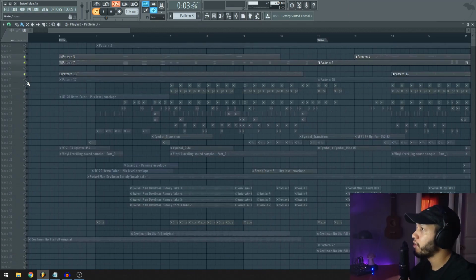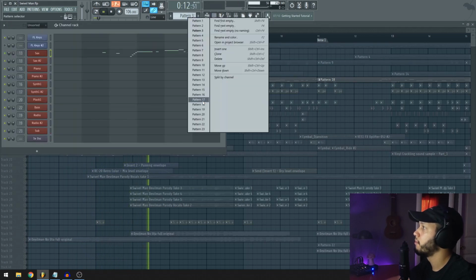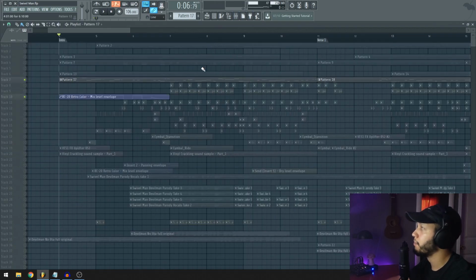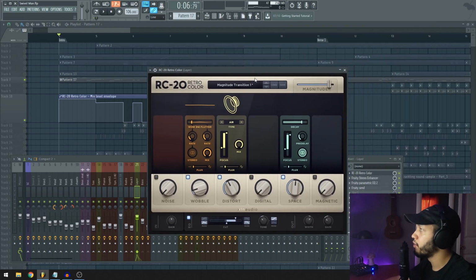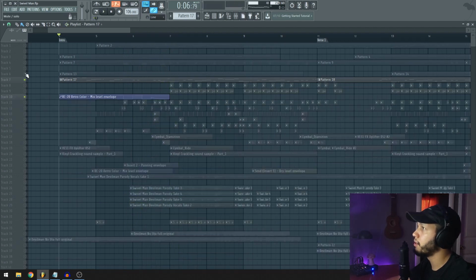And then also in the intro, underneath all that, we have the bass, which does this. And for this, it's just a relatively simple bass with a sub under it. But the cool thing about this part is just in the beginning, I'm automating the mix of something called retro color. I'm using a transition preset, but it sounds like this with it on. And then with everything on,